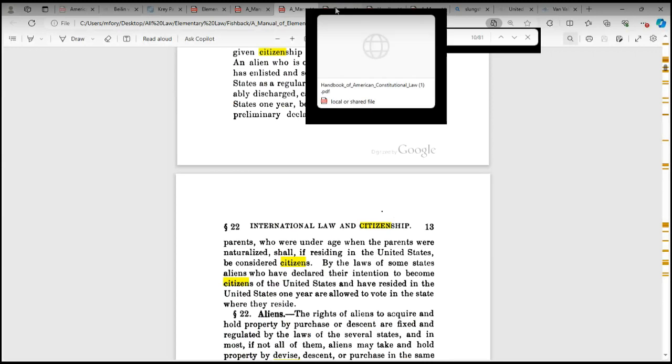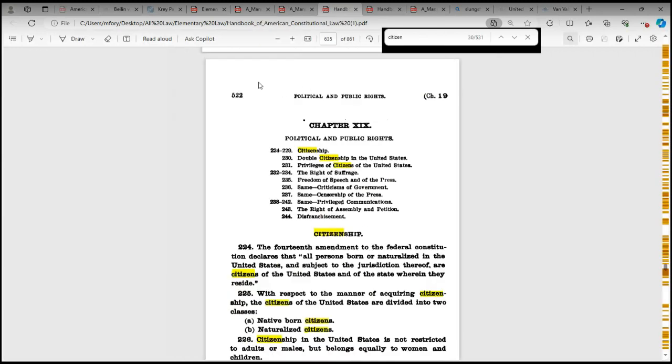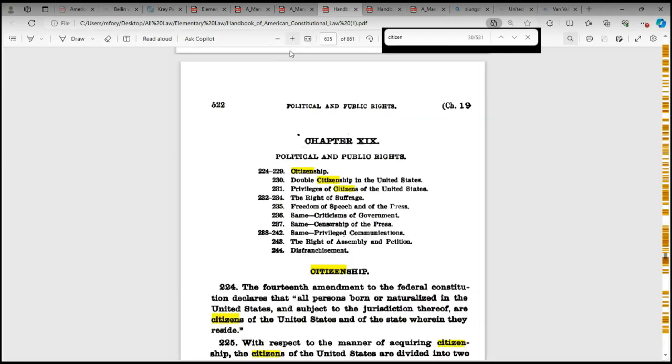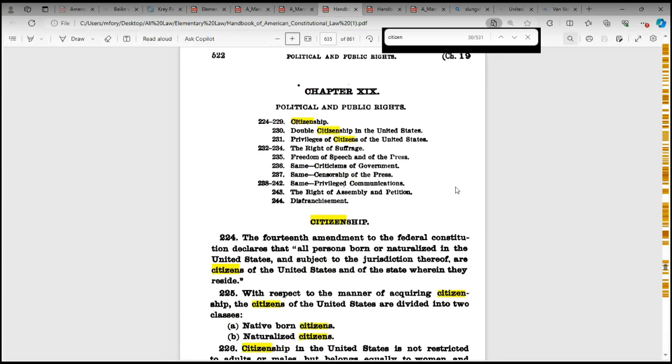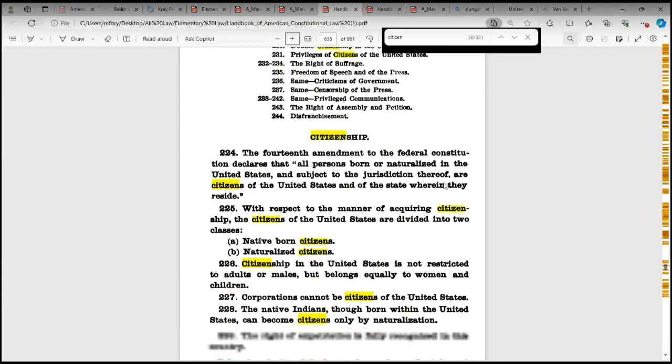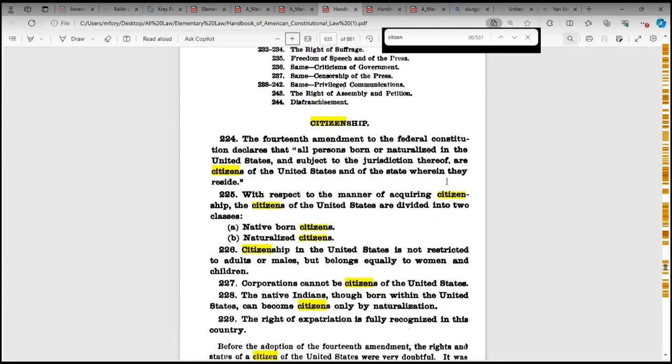So the next book is a Handbook of American Constitutional Law. This is going to be chapter 19, Political and Public Rights. This is the one that's more thorough, I guess, is the better word to say. So section 224,